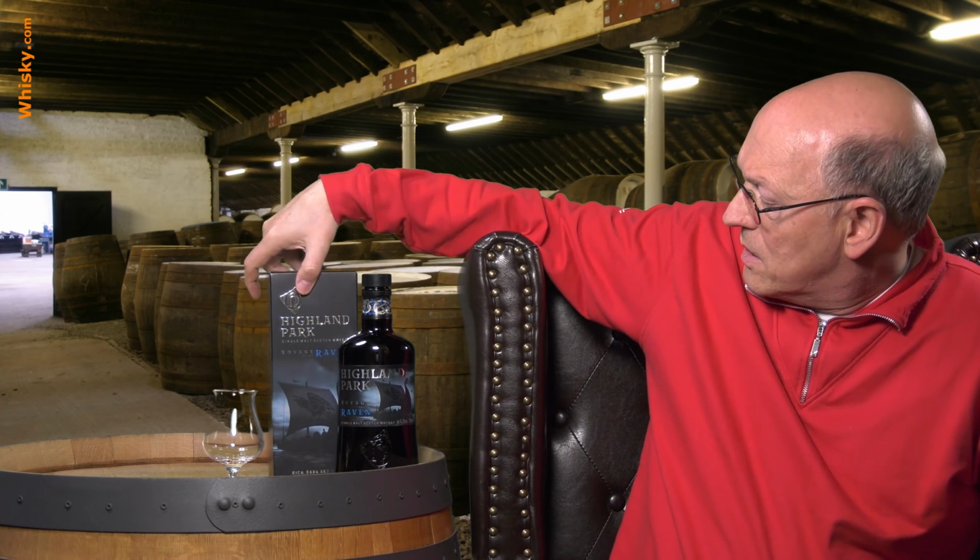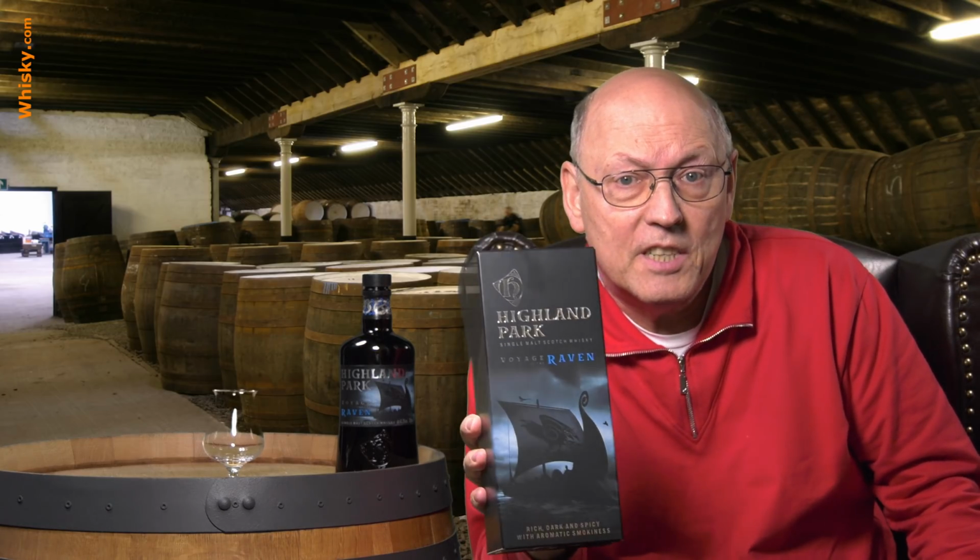I'm the master taster of Whisky.com, and today we have the new bottle of Highland Park here on my cask. It's called the Voyage of the Raven. Priced between $70, $80, $90, euros, pounds, whatever. And the ABV is quite low with 41.3. It's uncolored, but I think it's chill filtered and shows a very dark